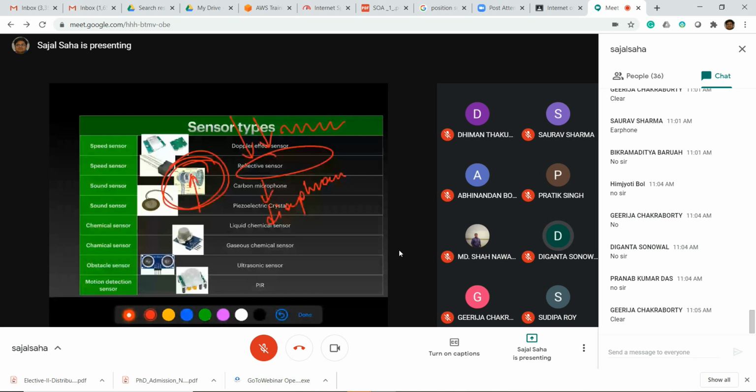Okay, fine. So next is another sound sensor, the piezoelectric crystal. The piezoelectric crystal is a very good sensor. You can see that a circular disc is there. We put it in the bridge. So whenever any crack or damage occurs inside the bridge, it will always send one sound signal. Every time it will send one sound signal within your bridge.